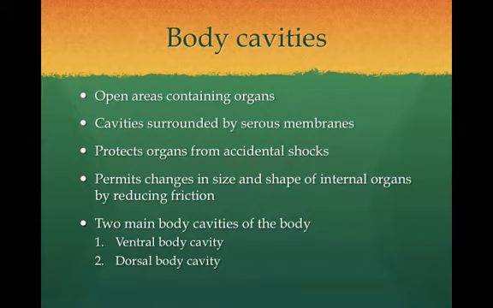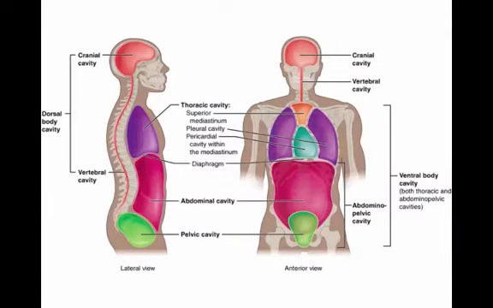These body cavities protect the organs from accidental shocks and permit changes in the size and shape of the internal organs by reducing friction and surrounding structures. The 2 main body cavities of the body are the ventral body cavity and the dorsal body cavity. The dorsal body cavity consists of the cranial cavity, which houses the brain, and the vertebral cavity, which houses the